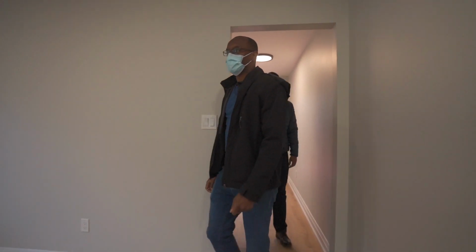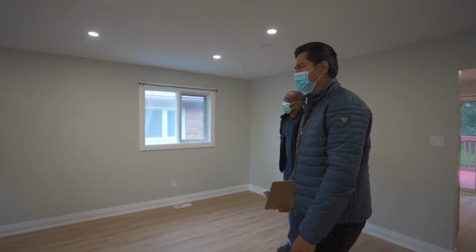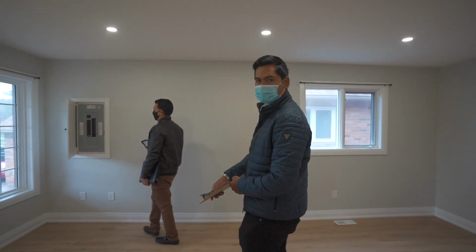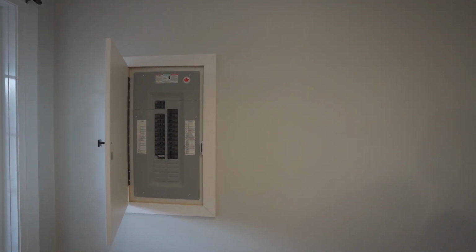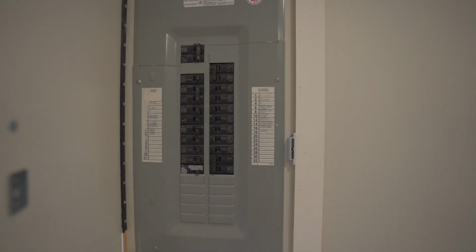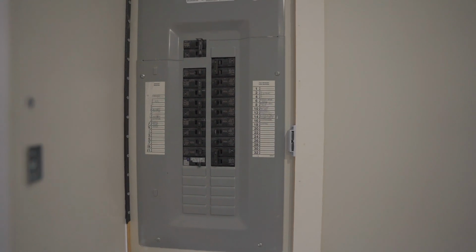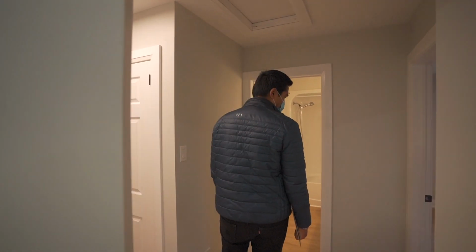Why don't we do a quick walkthrough of the basement as well? Oh, that's a good thing to note. So he split the hydro on the property, so that's the separate panel for this upper unit. And then he'll have the original panel in the basement for the basement tenant. So this way the tenants pay their own rent plus their own hydro. But nice to have 2 full washrooms, especially,